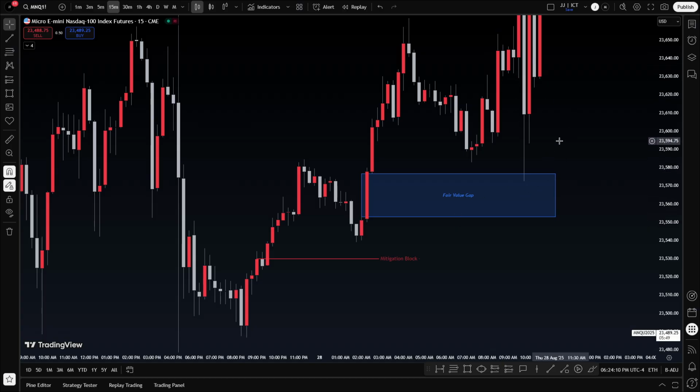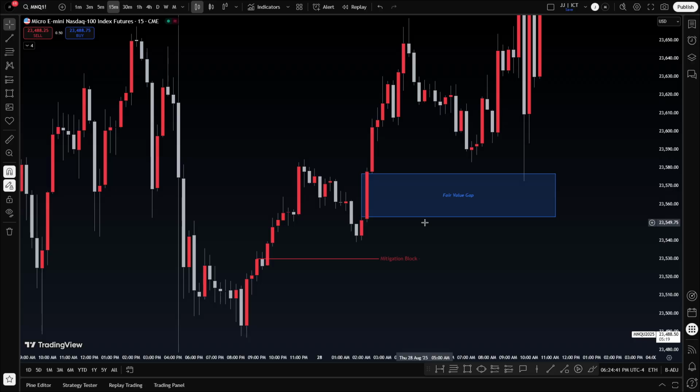Price is not gonna sit here and run all the way back down to this mitigation block when it's already 9:30, the market's open, and price has to deliver. It has to do it ASAP. So think of it as that. And if price tries to come down to it and still fails multiple times, then just know that it's likely not going to come here. You can still keep it on your chart just to surveil it and see if price does come down there in the future. But in that case,